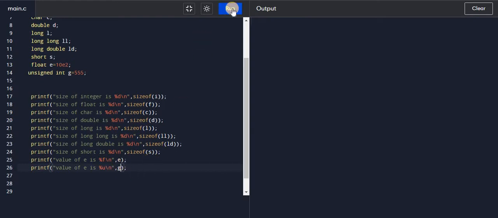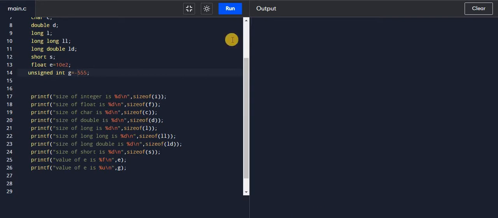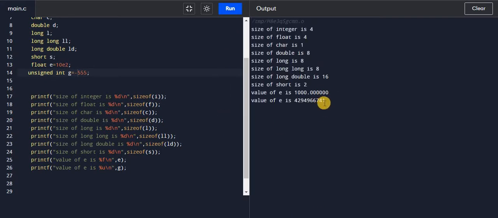Now if I print this, you will get the value 555. Now if I change g to minus 555 and run this, you will get some garbage value, because it is an unsigned integer. It will give only positive values as an unsigned integer.